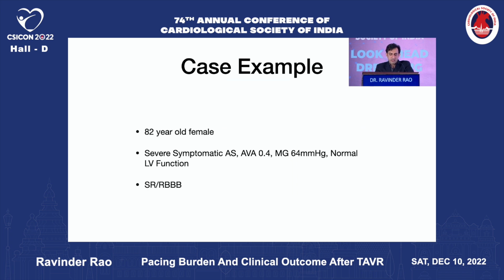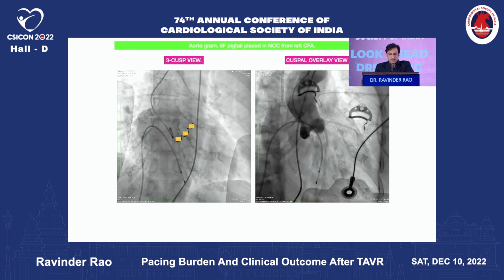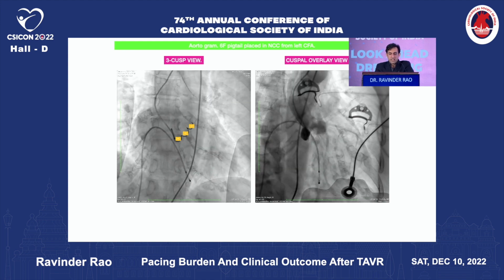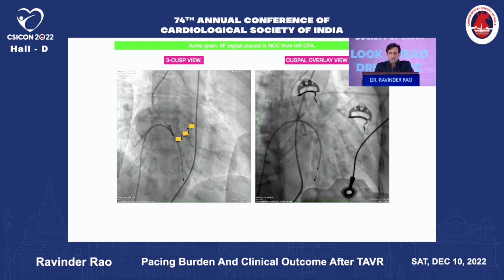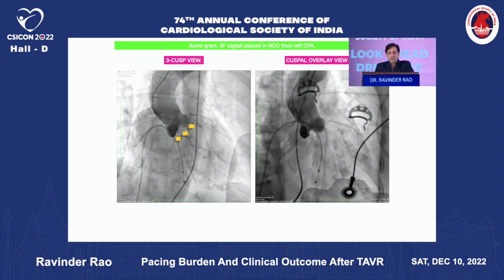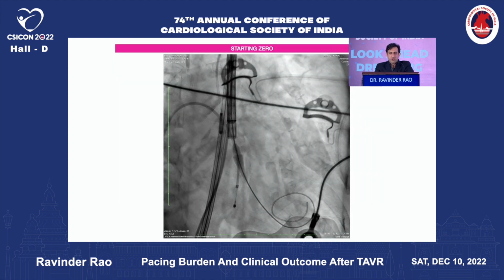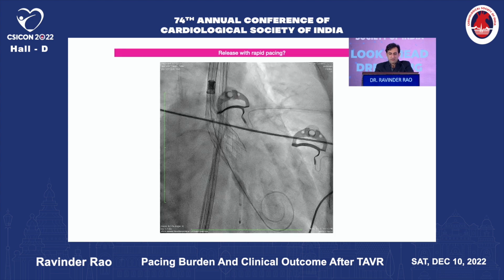An 82-year-old female, severe AS, valve area of 0.4, mean gradient of 64, sinus rhythm, right bundle branch block. This is a little technical, but I'm going to share it with you. You can see this is the aortogram. On the left side, you can see the non, right, and left cusp, and on the right side, you can see how the non is on one side and right and left are overlapped. So we can see the LVOT elongated, and the valve was deployed at the right depth, 0 millimeters. So if you can see the final angiogram,